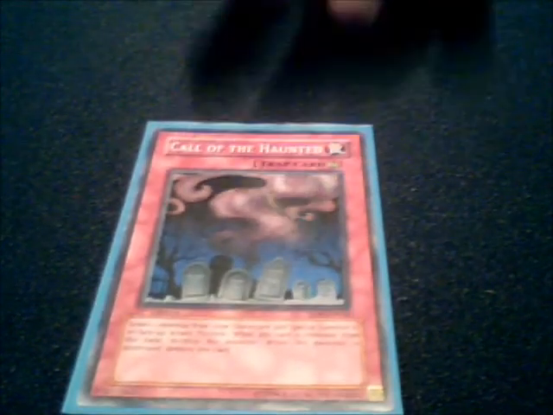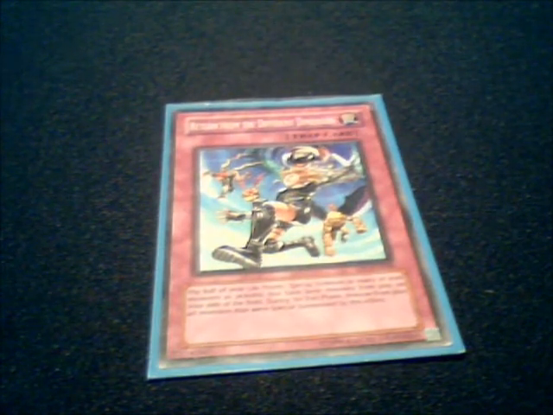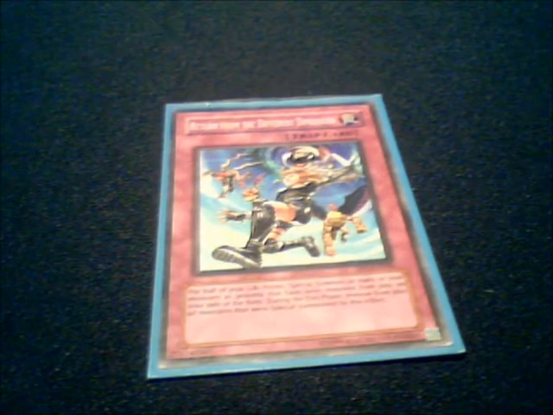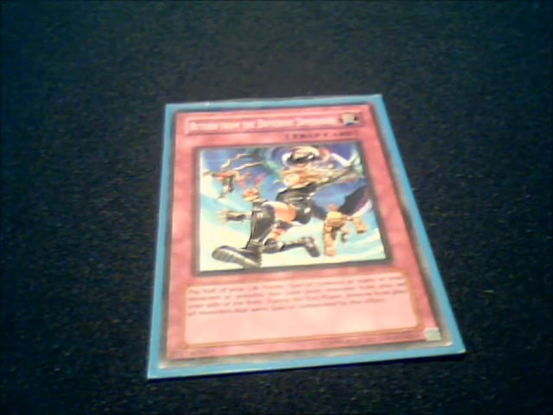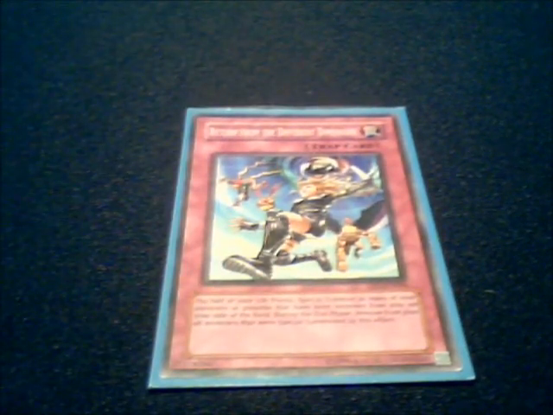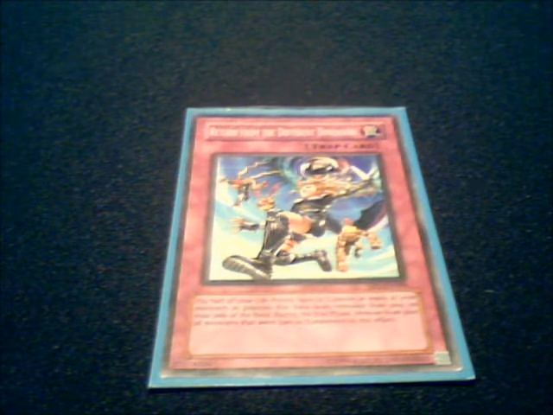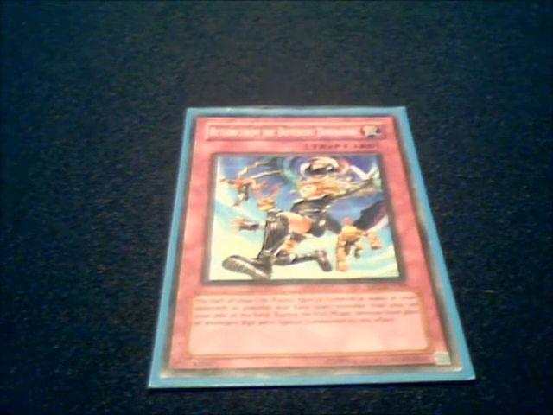Call the Haunted. Return from a Different Dimension. This is my little tech. I suppose the whole deck is kind of a tech, but whatever. Pretty much, if you use Dragon's Mirror, get rid of your 3 Blue Eyes. They're removed from play. If you happen to catch your opponent, let's say you Trunade their back row, and you use Blue Eyes to destroy the only monster they got on the field, or you use your Jinzo and your Ultimate Dragon,